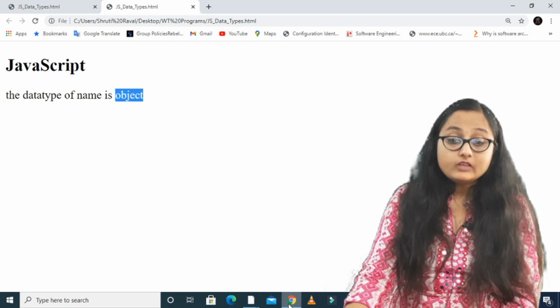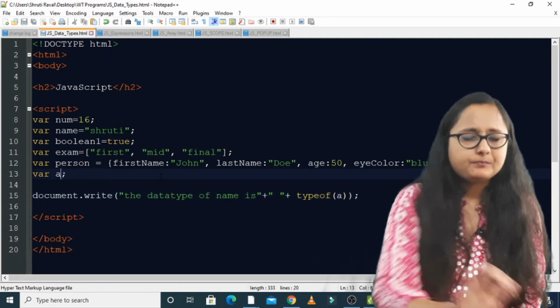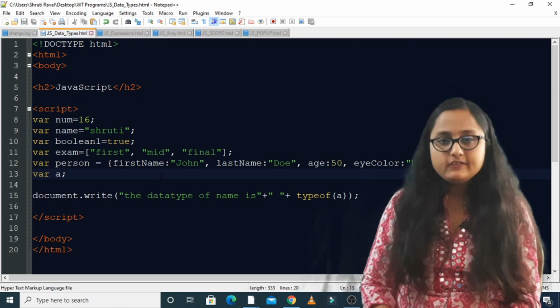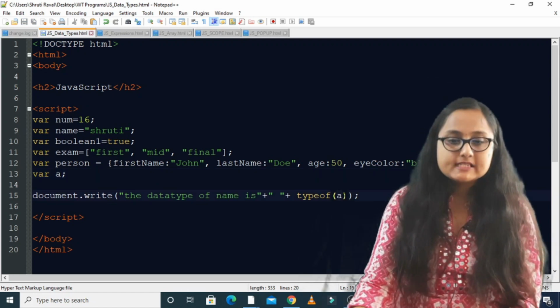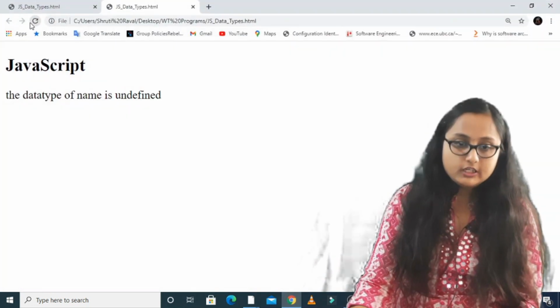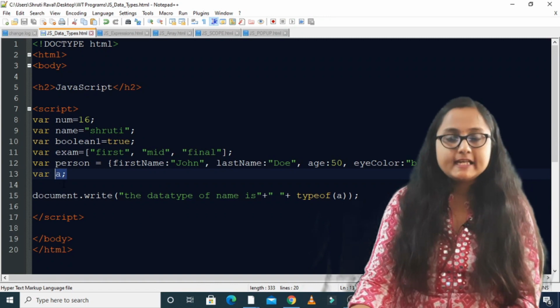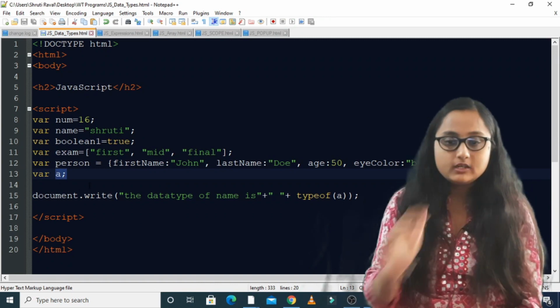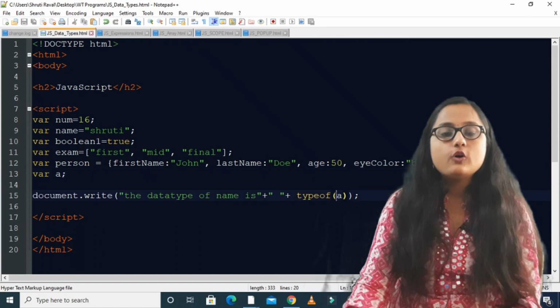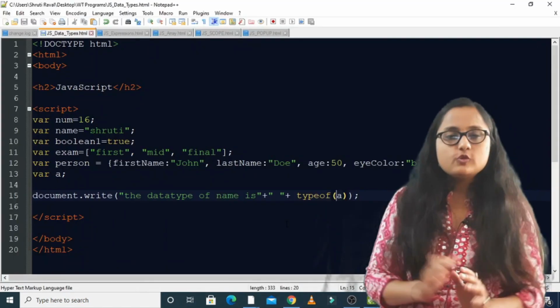Okay. Now, what if you do not assign anything to a? You are not assigning any value to a, and if you pass this a over here, what will happen? You reload it, it is undefined. Why? Because you have not assigned any value to this variable a, so the type of variable a will be undefined. So these both are different things.